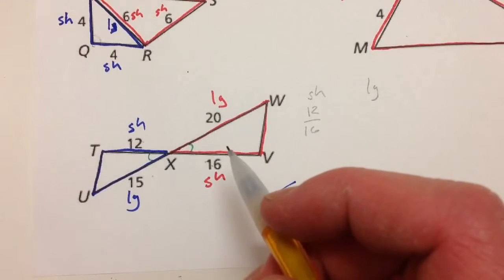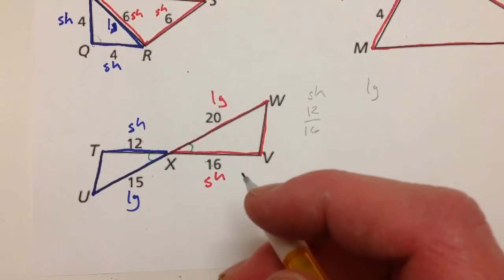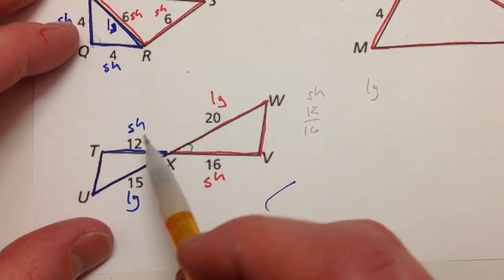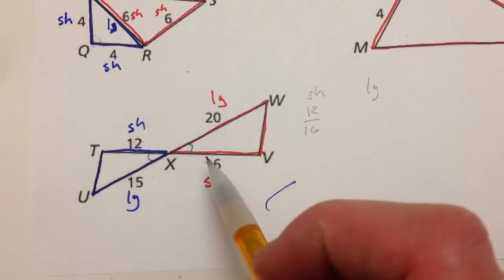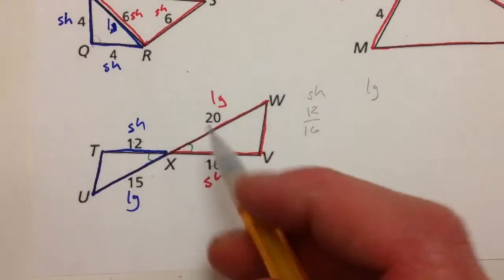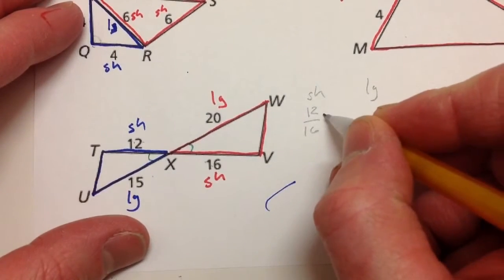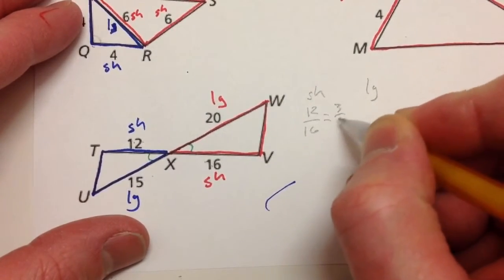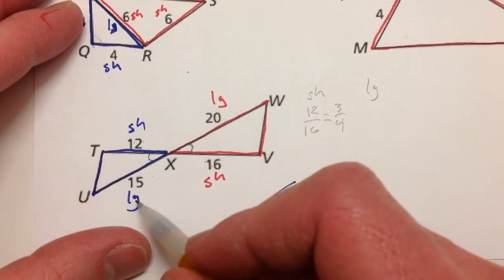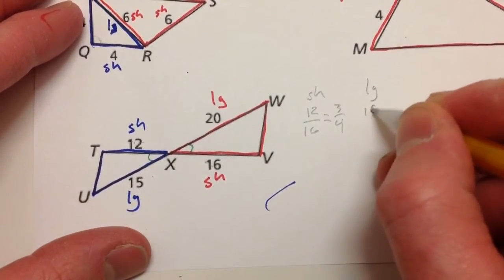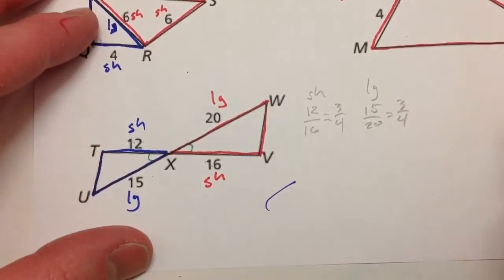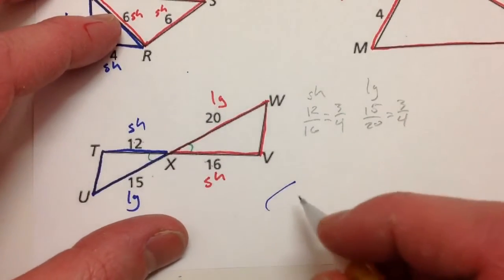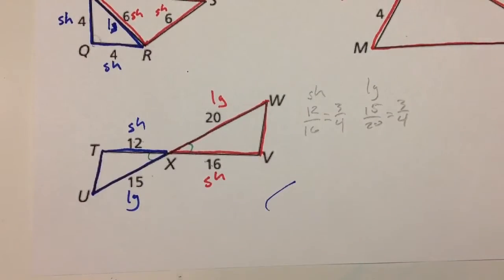There are a couple different ways you can do it. Those are examples of ways that don't work, but if we always go the short side of one, like the left side versus the right side, and then the long side left to right, it should work out. Alright, so 12/16, that reduces to 3/4. Then the long sides, 15/20, that also reduces to 3/4. Then our angles,